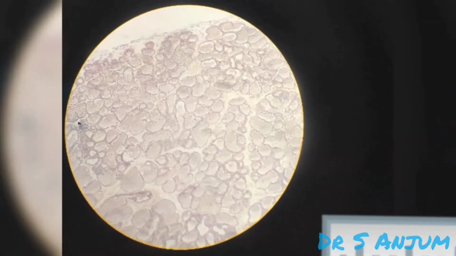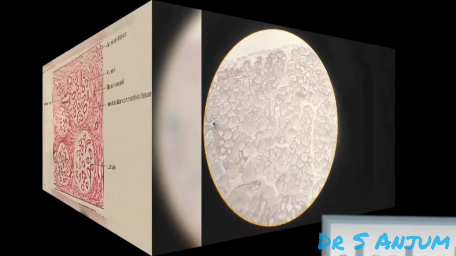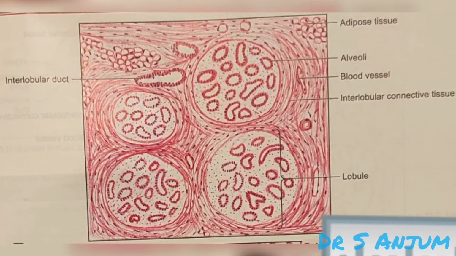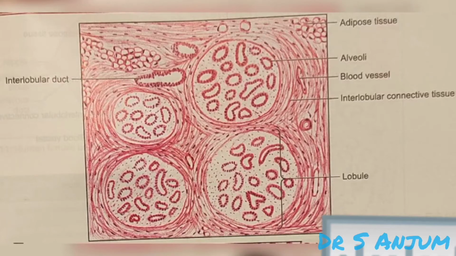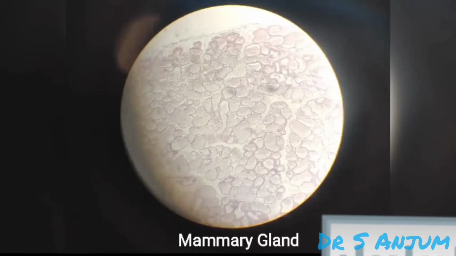So the points of identification are: the mammary gland consists of lobules of glandular tissue separated by a good quantity of connective tissue and fat. The non-lactating mammary gland contains more connective tissue and less glandular tissue. The glandular alveoli are tubular and are lined by cuboidal epithelium, and extensive branching of the ductal system is seen.